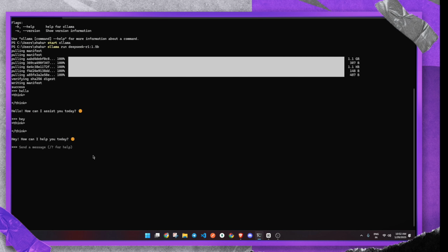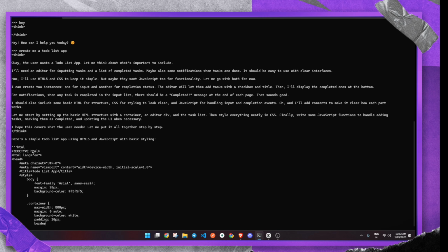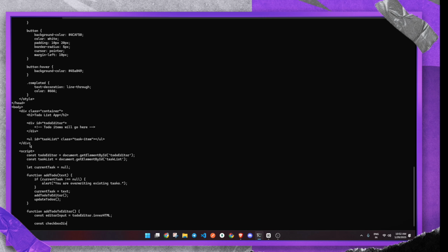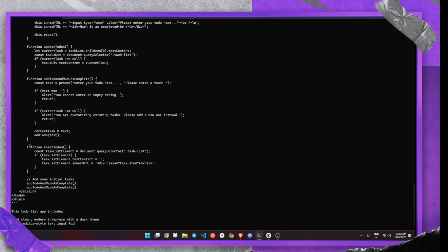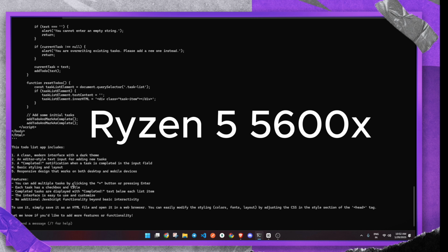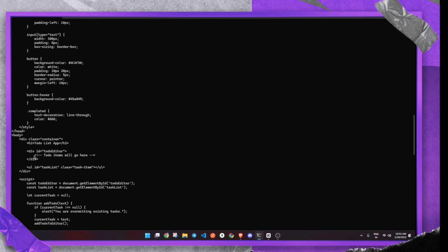Okay, let's say create a new to-do list app. So yeah, you can see how fast it is on your local machine. My local machine has an RTX 2060 Super and a Ryzen 5 5th generation. So it has given me all the code. We can make